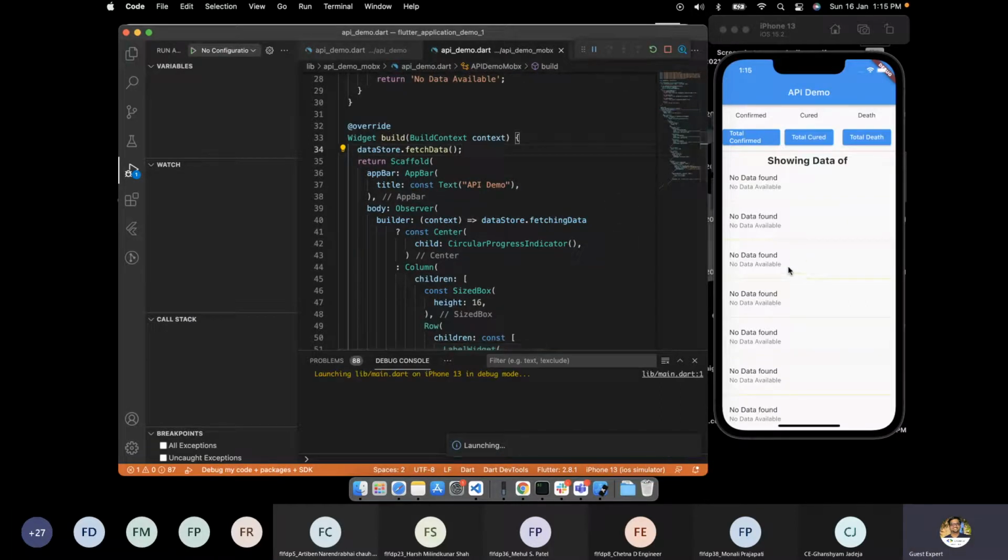There won't be any data right now because we are not utilizing any data variable here. Only a loader will be displayed and then it will be gone.